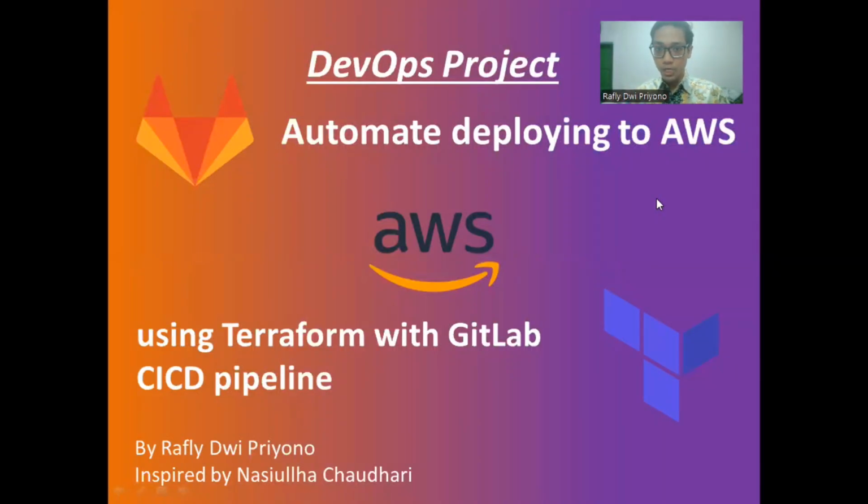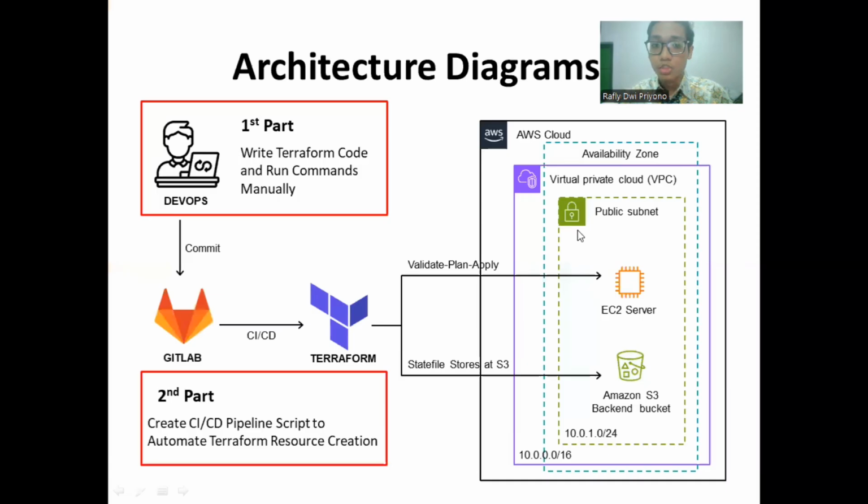In this demo project, I will show you how to automatically set up infrastructure on AWS using Terraform and GitLab CI/CD. Throughout the project, we will be using industry best practices like modules, variables, an S3 backend, and a lot more to set up a CI/CD pipeline. As a disclaimer, this is not a project where we set up infrastructure for a complete product. No. This project is going to be divided into two parts.